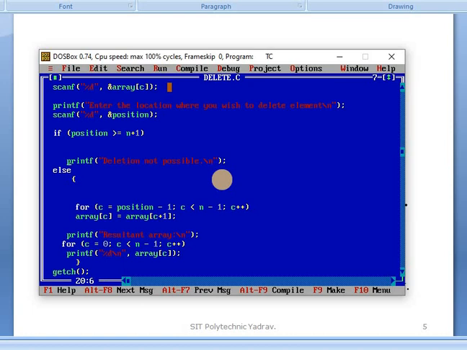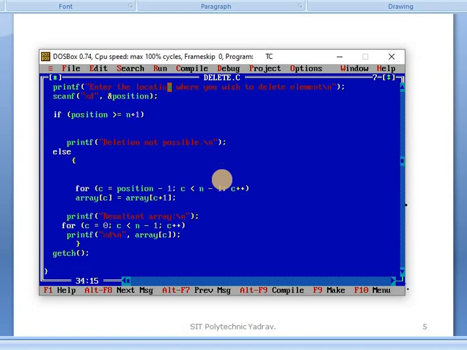When this condition is false, we run c = position minus 1, c < n minus 1, then c++. In that loop, array of c plus 1 is assigned to array of c, for the elements given. After that, the resultant array is displayed.